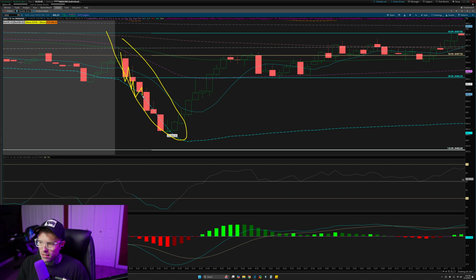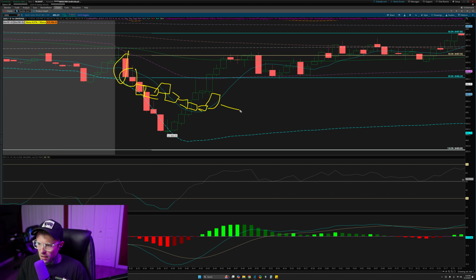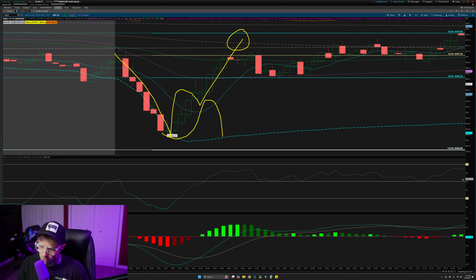So if you have a ton of hard downside like this, the V has the potential to be just as strong, which you see here. If you were to have candles being developed right here that were very slow, where this candle was 1, 2, and then made like 3 red, and then lazily went sideways, kind of popped into the 10 SMA, broke down a little bit more, and was making candles like this, and then it's slowly, really slow and grindy, that's not going to have a pop, mount the 10 and run feel to it. That's going to have more of a pop, go over the 10 SMA and failure kind of feel to it. So speed is a really big factor here.